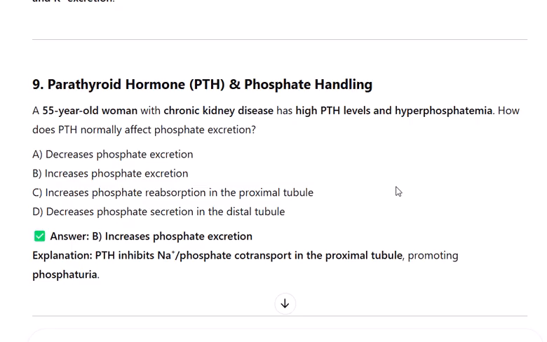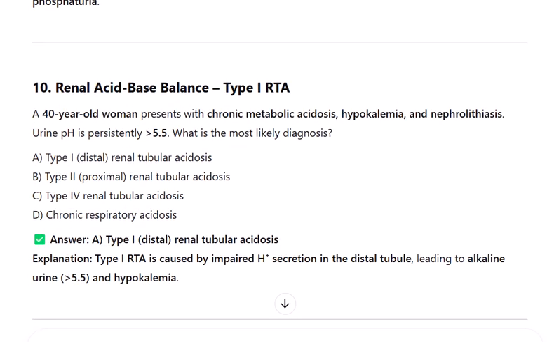10. Renal acid-base balance, type 1 RTA. A 40-year-old woman presents with chronic metabolic acidosis, hypokalemia, and nephrolithiasis. Urine pH is persistently 5.5. What is the most likely diagnosis? A. Type 1 distal renal tubular acidosis. B. Type 2 proximal renal tubular acidosis. C. Type 4 renal tubular acidosis. D. Chronic respiratory acidosis. Answer A. Type 1 distal renal tubular acidosis. Explanation. Type 1 RTA is caused by impaired H+ secretion in the distal tubule, leading to alkaline urine, pH 5.5,